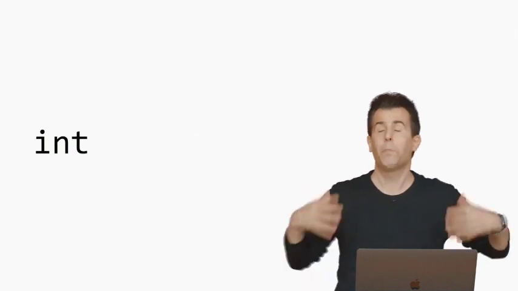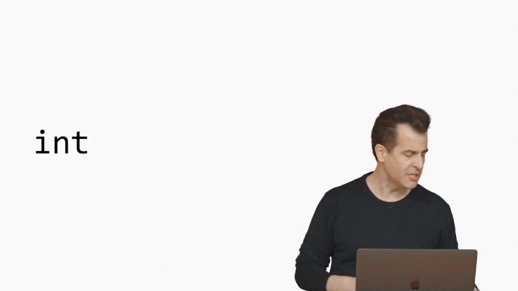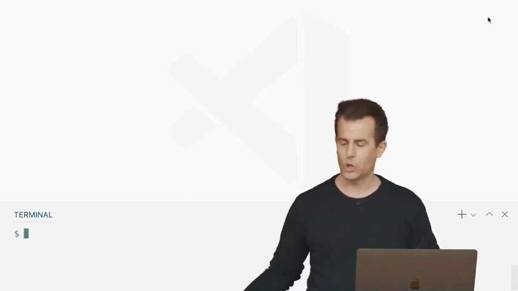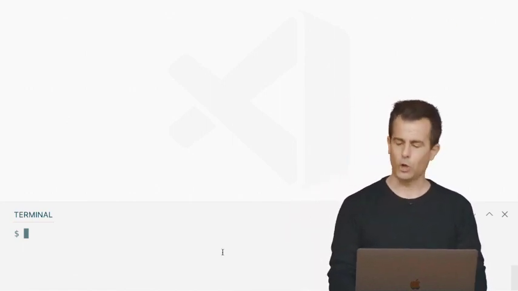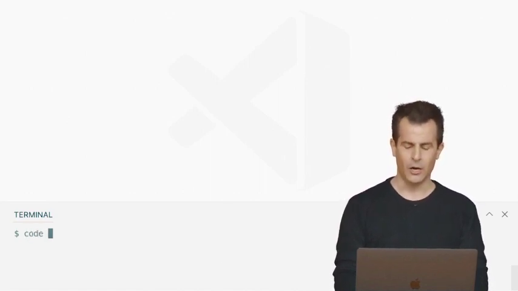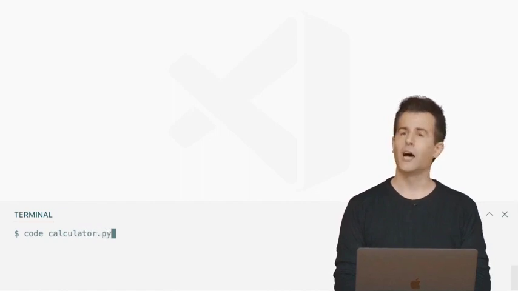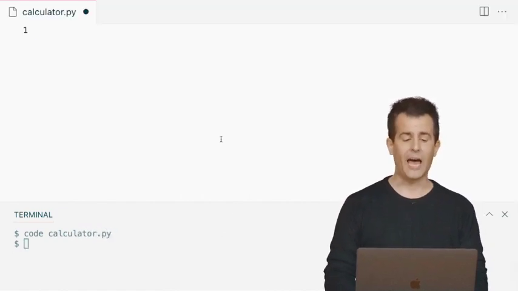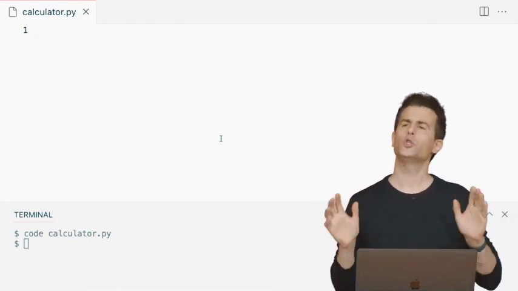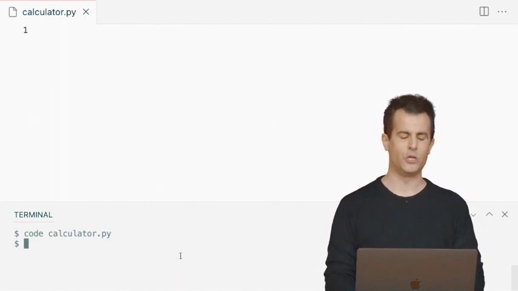But let's focus for a moment now, not just on that interactivity, but really on the fact that Python apparently supports integers and mathematics and some of those basic operations. And let's see if we can't make maybe our own little calculator. So let me go ahead and open up VS Code again. And I'm going to shrink down my terminal window. And I'm going to create a new file called calculator.py. So to do that, recall, I can type code down here, and the name of the file I want to create, .py. Enter. That gives me a new tab up top. So I have already closed hello.py. I'm now in calculator.py. And let's just make a simple calculator that does some addition for me.